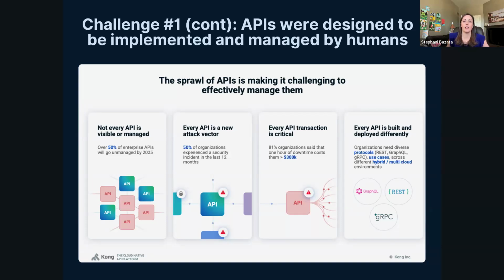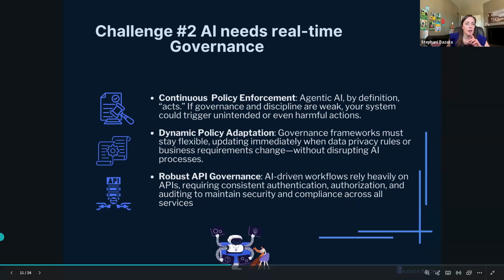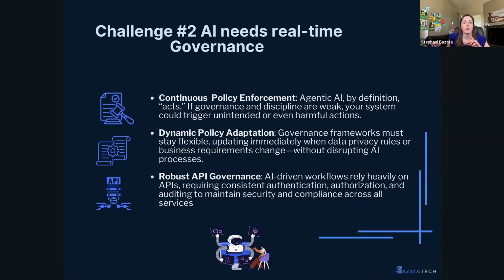So an interesting landscape, an interesting place. The second challenge I want to dive into is governance. So when we're talking about governance, we are talking about the need to enforce. Again, if right now a lot of our APIs are unmanaged, that means that we don't necessarily have programmatic or infrastructure as code or mechanisms to enforce policies along the way around who can access it, data privacy rules, a lot of the authentication authorization that goes into it, which is going to be really important